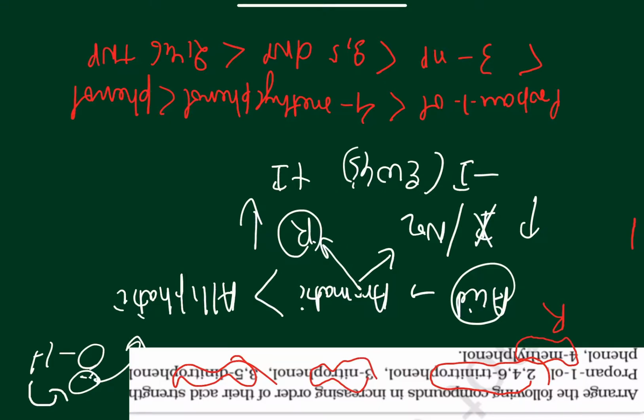Okay, because here the nitro groups are maximum, so the electron withdrawing effect will be maximum. The main thing we are talking about here in acidity is the electron withdrawing effect, from which polarizability of the bond will happen and my acidic character will be more. That's what this question discusses.